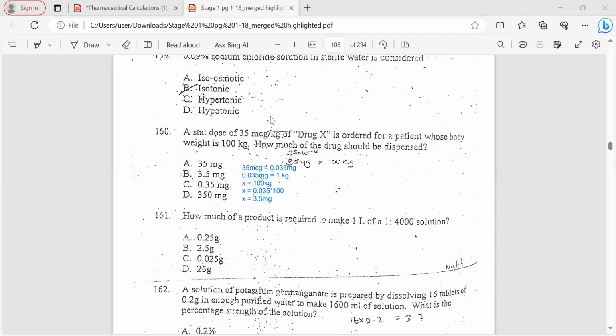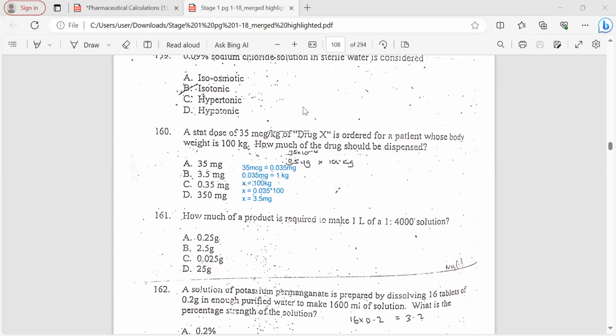So a start dose of 35 micrograms per kg of drug X is ordered for a patient whose body weight is 100 kilograms. So how much drug should be dispensed? Okay, so we need to give 35 micrograms per kg and our patient is 100 kilograms. So tunampea dawa how much in micrograms? So it will be 35 micrograms times 100. So that we need to give the patient 3,500